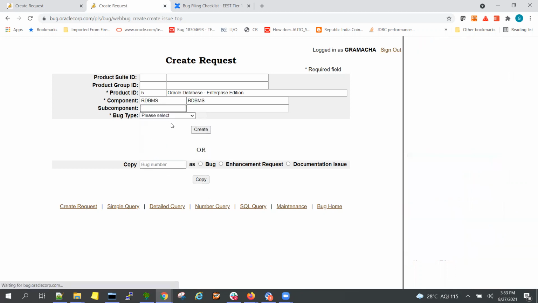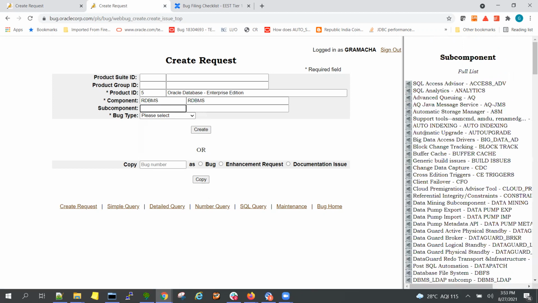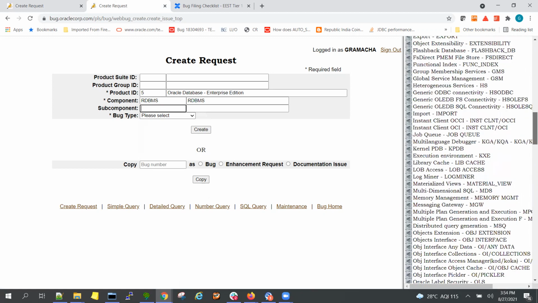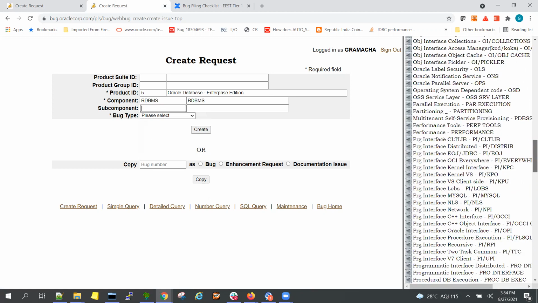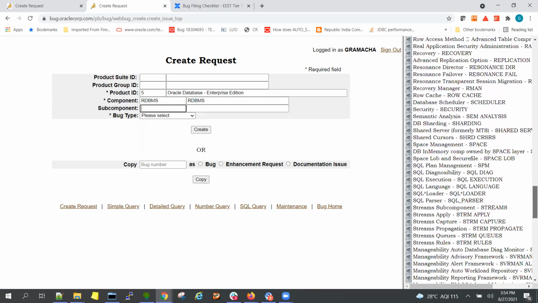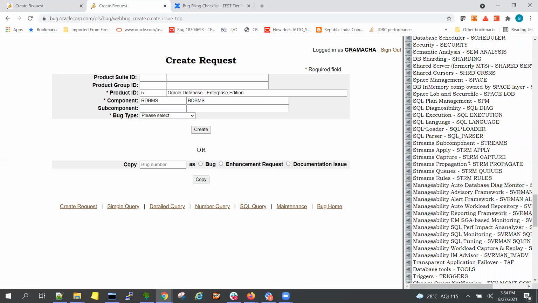Then the subcomponent. Under this 5 RDBMS we have a lot of different subcomponents. For example, SPM, secure file LOBs, and space management issues are there. For semantic and row cache issues, like dictionary cache contention, you can use the row cache.